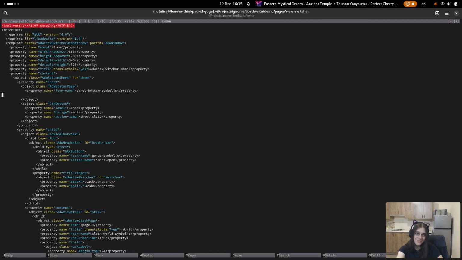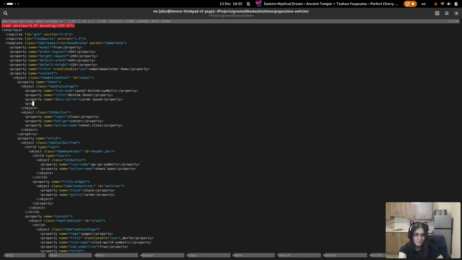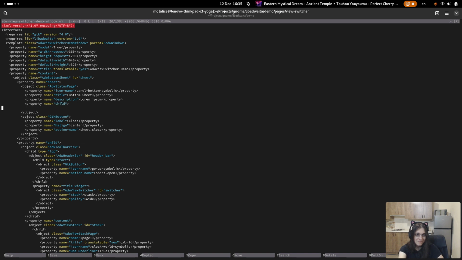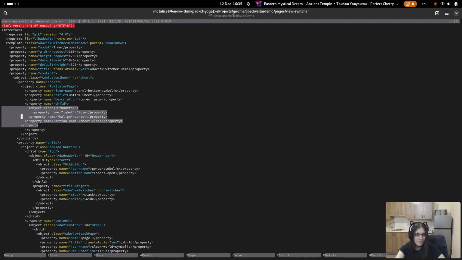All right, I'll use some seed. Unlike Builder, it cannot align this automatically.